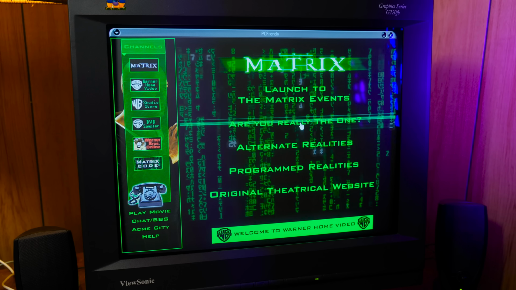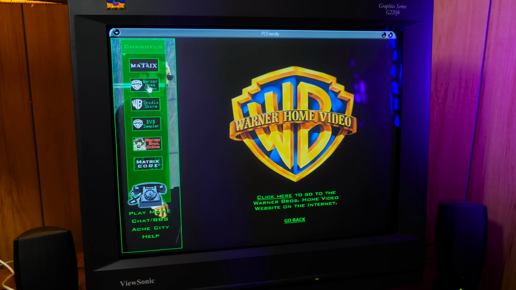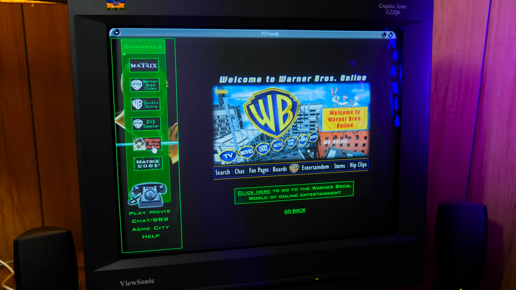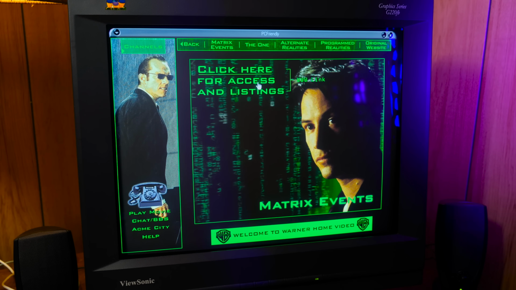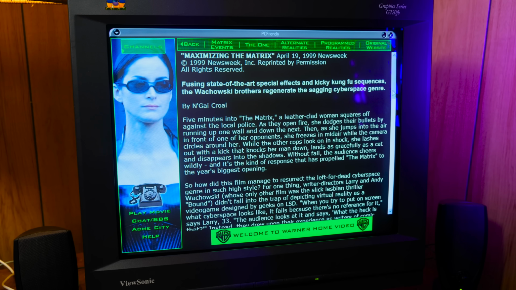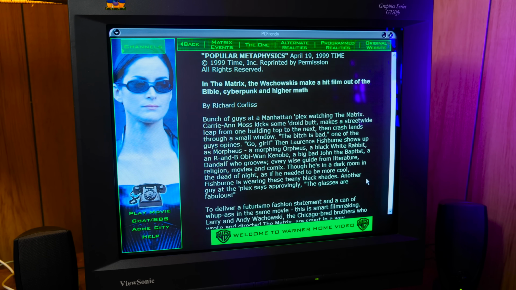Yeah, this is just awesome. They did not skimp out on the theming at all, or the extra content. There's so much stuff here. A few things required an online connection, like the aforementioned Matrix watch-along event, but there's still a lot on this disc, like a collection of press coverage about the movie and write-ups on some of its themes and ideas,